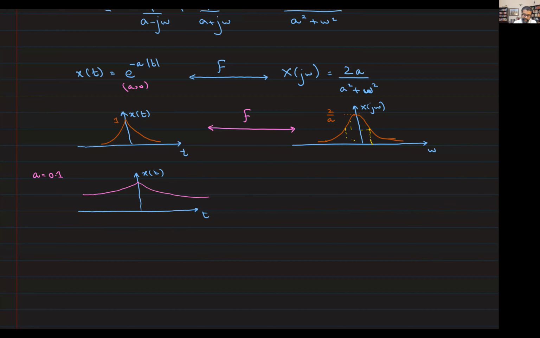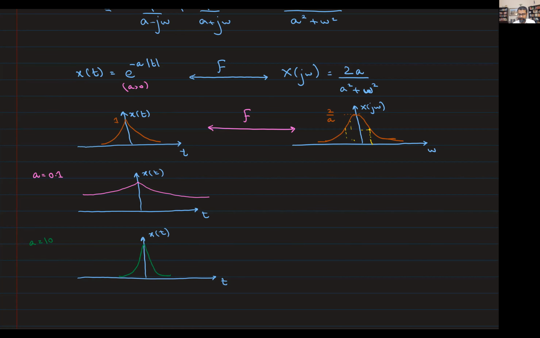Right? As opposed to another signal. Let's say this is t, and this is x of t, but here A is, let's say, 10. This will have a much, much faster decay. This is A equals 10. And this here would be, what kind of signal would it be? Something which goes down to 0 very, very quickly, right? Maybe much, much steeper than that.